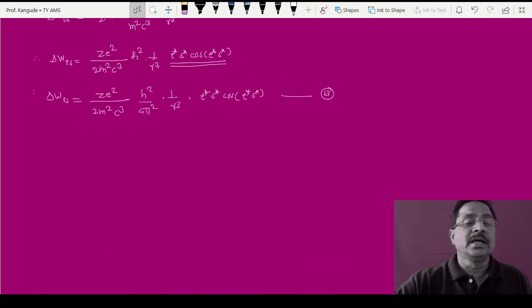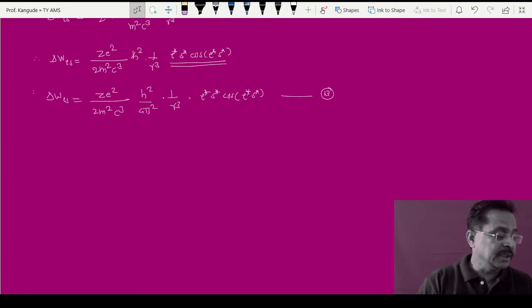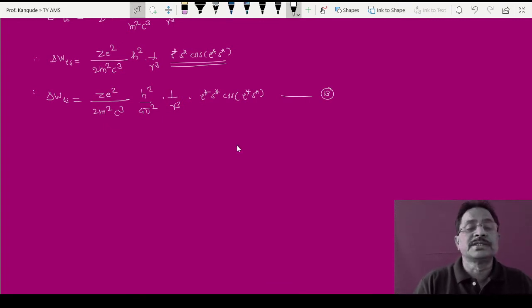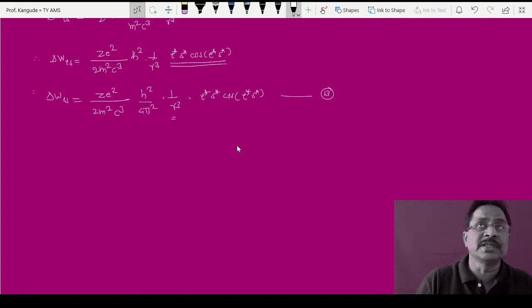This is delta WLS, spin orbit interaction energy. Now here the distance r, we have to again go for approximation. Such approximation is again allowed by quantum mechanics, that is called as perturbation theory. So we are using this. The radial distance r,